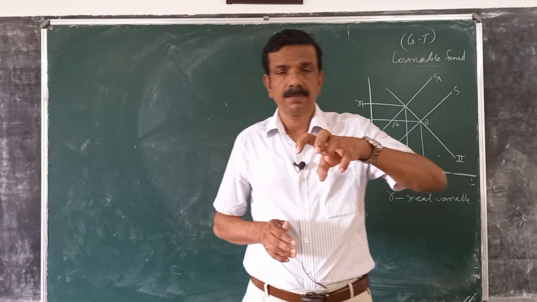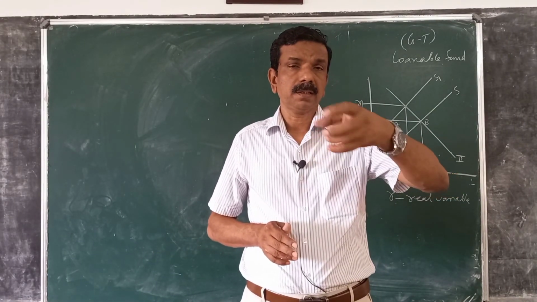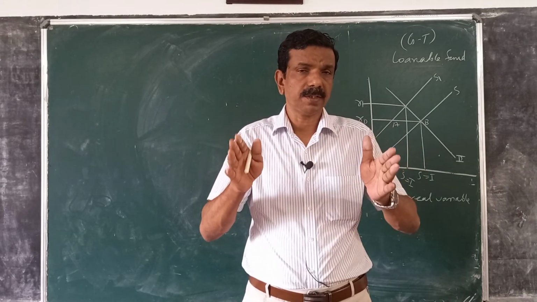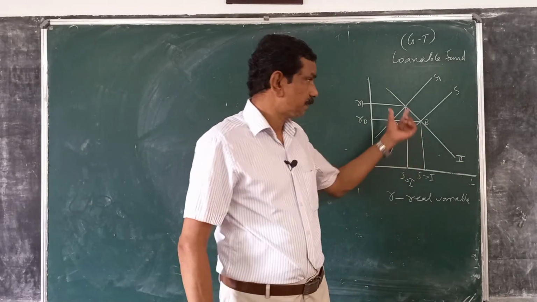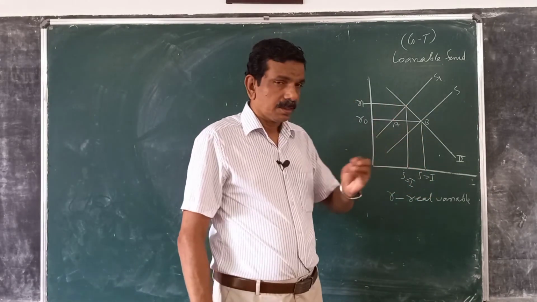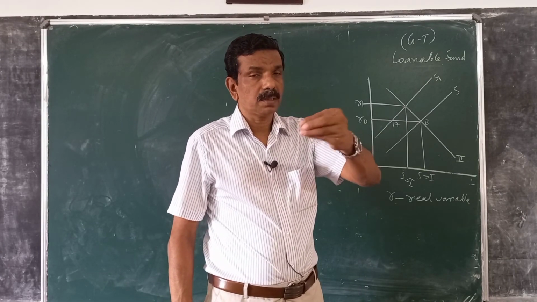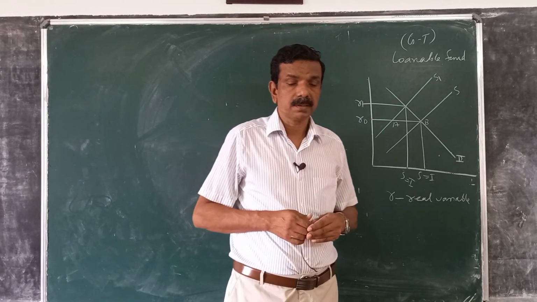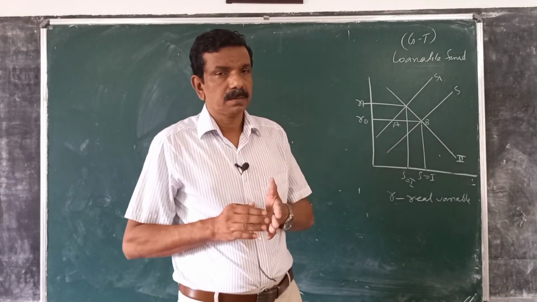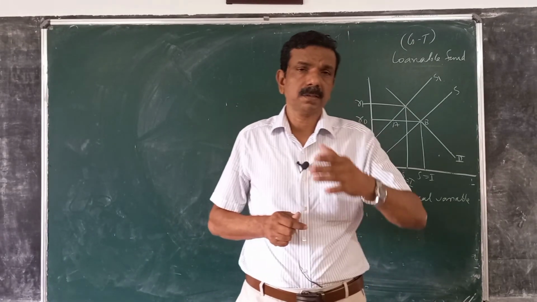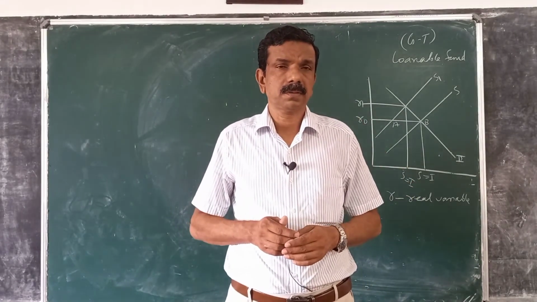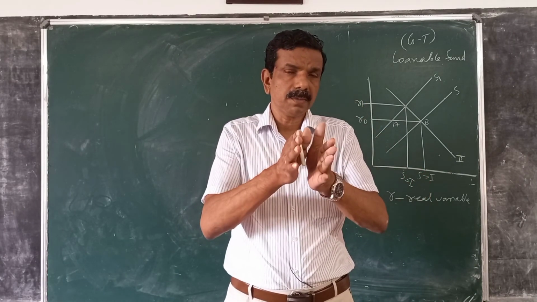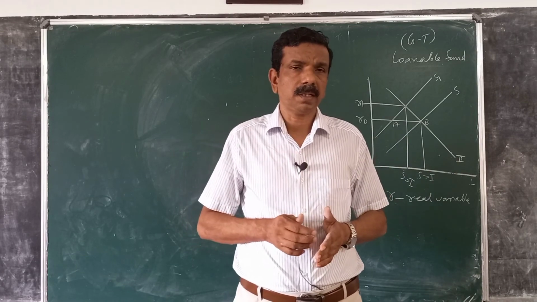The effect of money as per the quantity theory is only on price level. It cannot affect the values of any of the real variables. As we have seen here, if the consumers decide to consume more, saving will decrease. When saving decreases, what happens is investment will decrease. That is, production of investment goods will decrease, production of consumer goods will increase to meet increased demand for consumption. So there will be a change in the composition of output, and this is ensured by